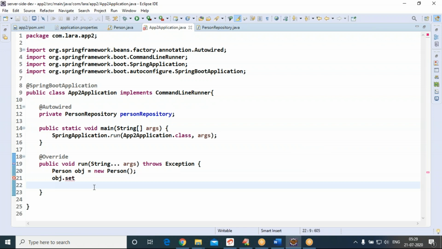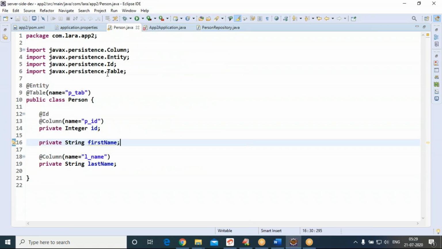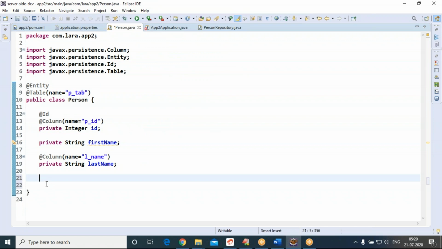Inside the person class, there are three members, but those three members are private and cannot be accessed here. To access them here, we require setters and getters. Go to the person class and define setters and getters.